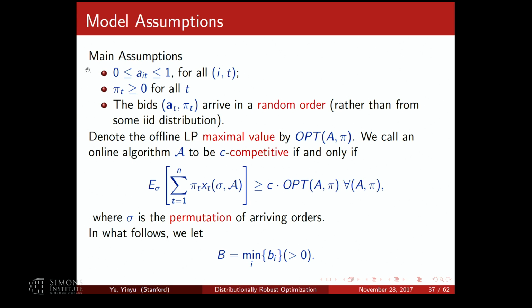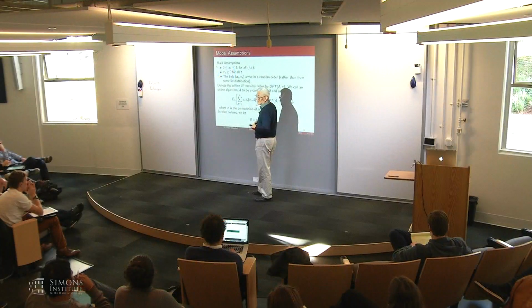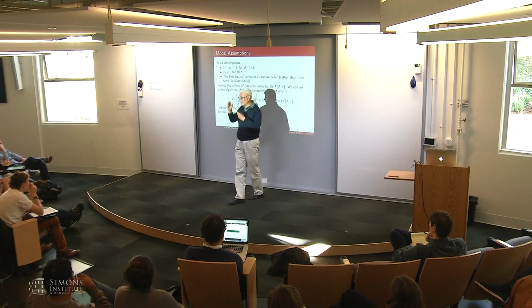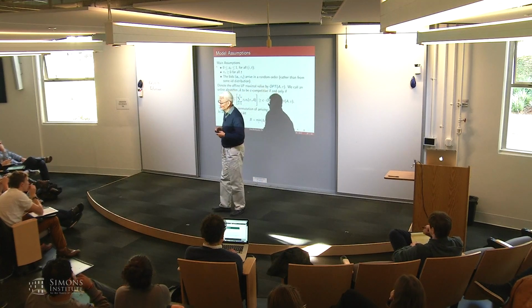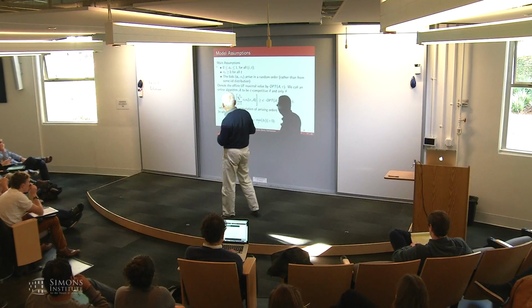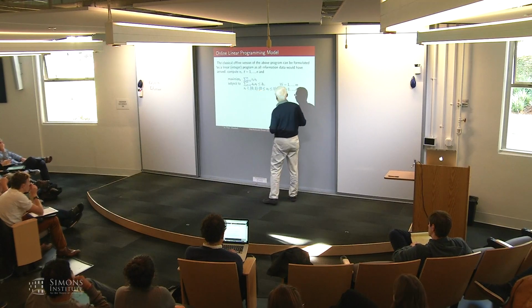No, exactly. I don't know any information about A and pi. I know, but your bound does not depend on what A is or what pi is. That's correct. Only on this constraint. It only depends on B. That's the only information you know in advance, the quantity of B.